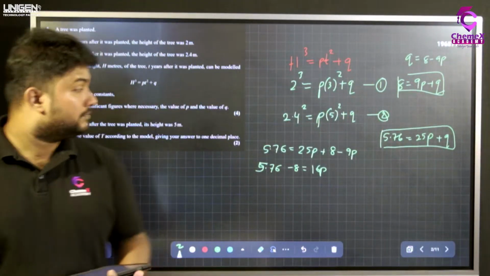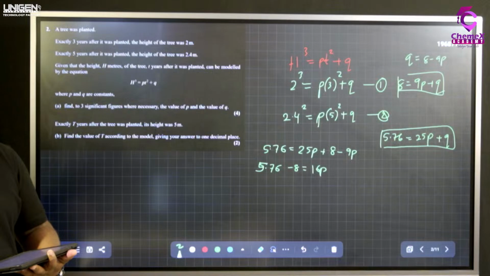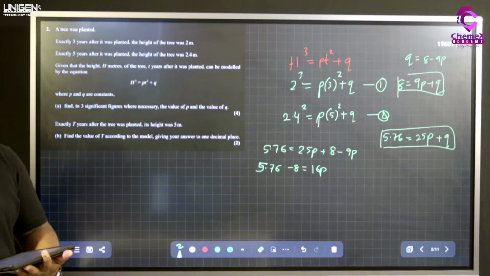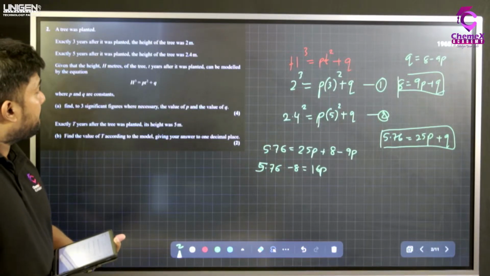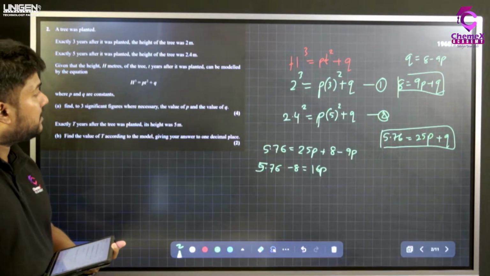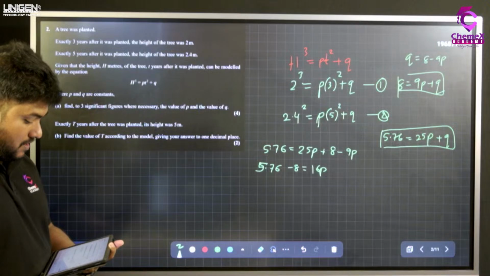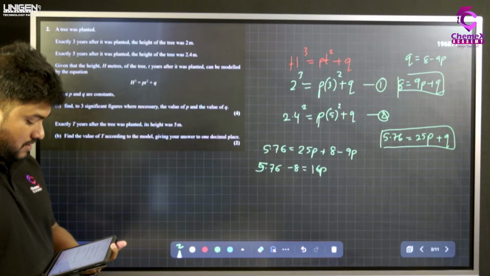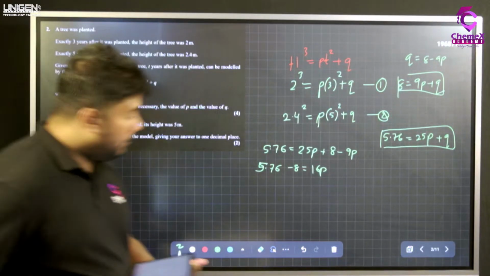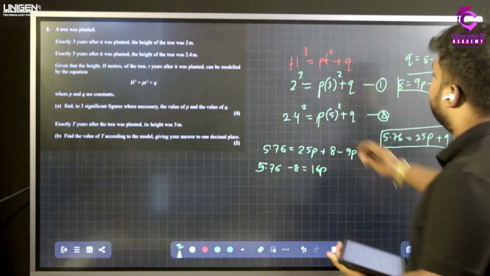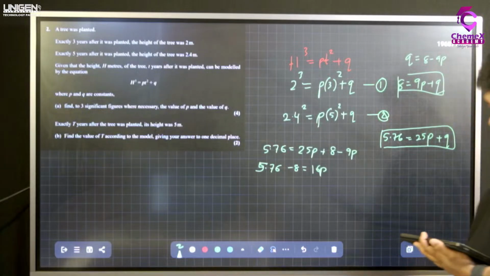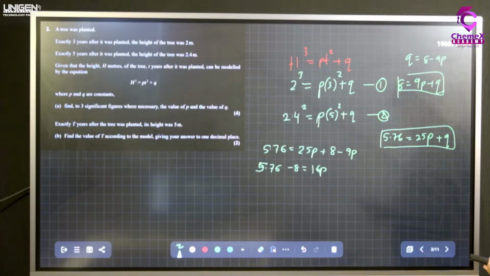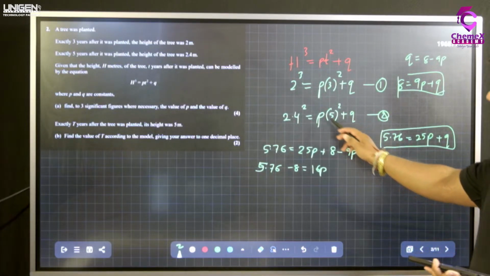What's the mistake? 2.4 squared is how much? 5.76. There's a huge mistake. First equation is okay. 8 is equal to 9p plus q. Second equation is 25p plus q is equal to,